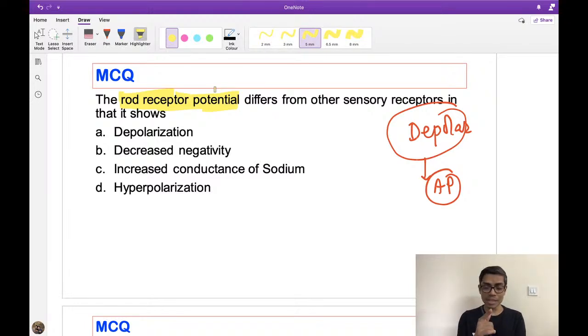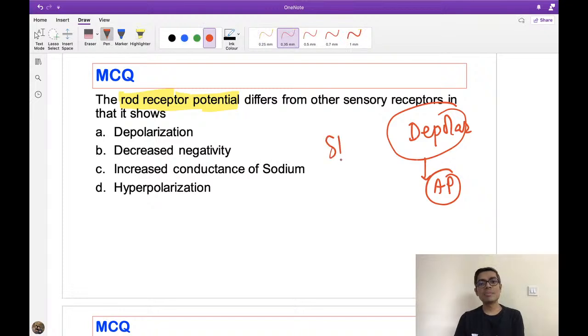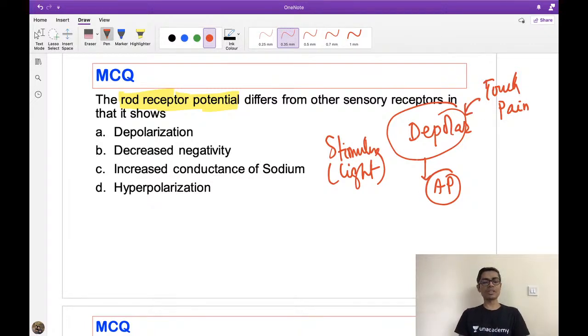You have seen that in dark it is producing depolarization, but that is not receptor potential. Receptor potential means the stimulus is there. So what is the stimulus for rod and cone? Stimulus for rod and cone is nothing but light. Suppose I am asking about the touch receptor. What is the stimulus for them? Touch. So if you give a touch, if you give a pain, then the touch receptor, pain receptor, they are going to be depolarized, and then depolarization will produce action potential. That is the meaning of receptor potential. Receptor is generating a potential in presence of stimulus.